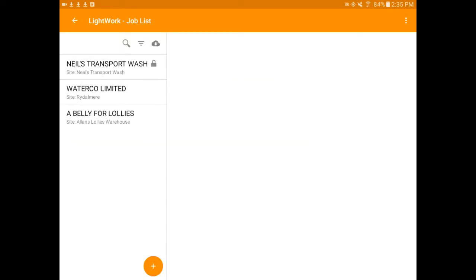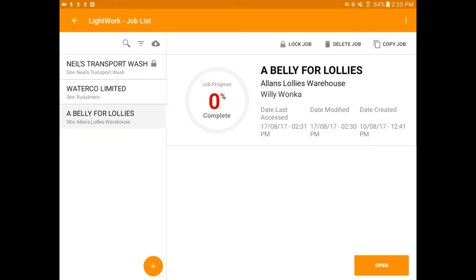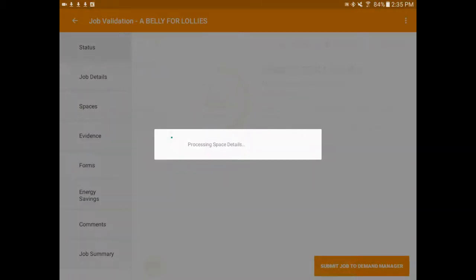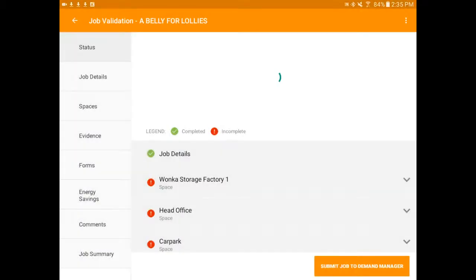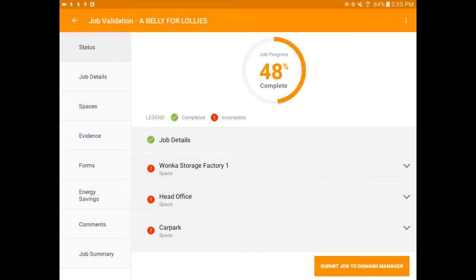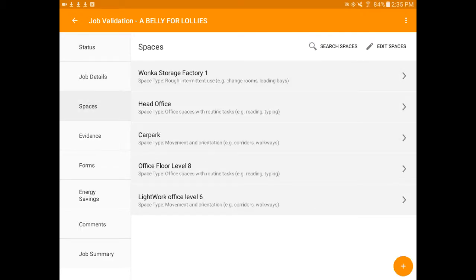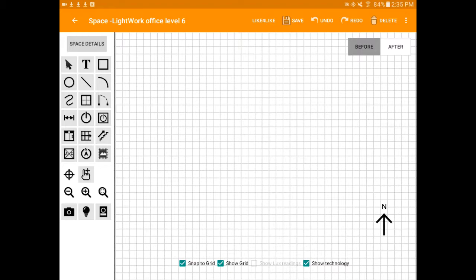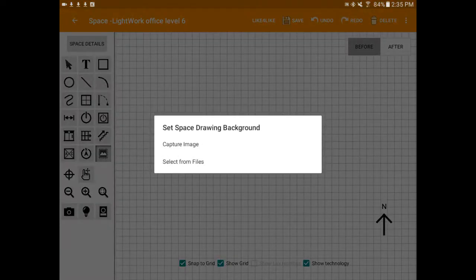Just go into the job, my favorite site. Open up that site. Now the first one that I'm going to do is to upload a photo. So if I go into the spaces, which is where you need to draw your floor plans, then I'm going to go into LightWork Office Level 6, and now the button that you want to press is down here. Looks like a little picture of a mountain inside a frame. So if you click on that,